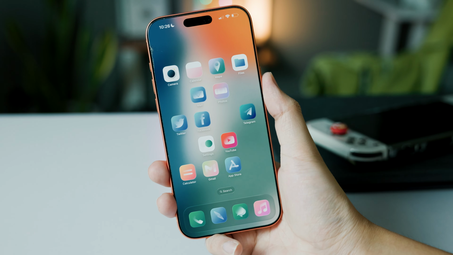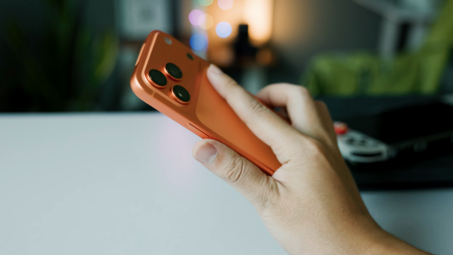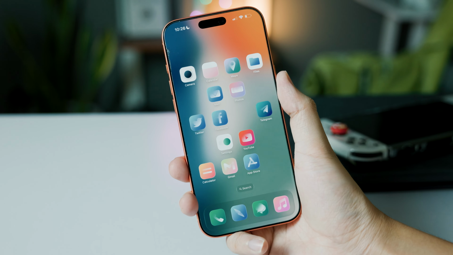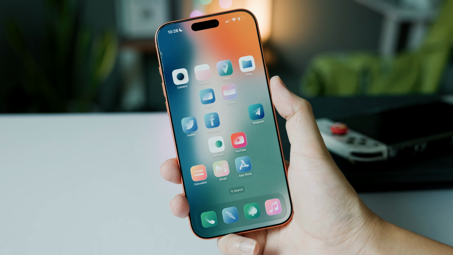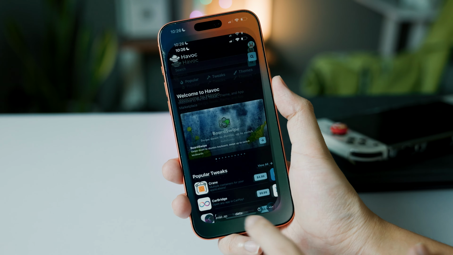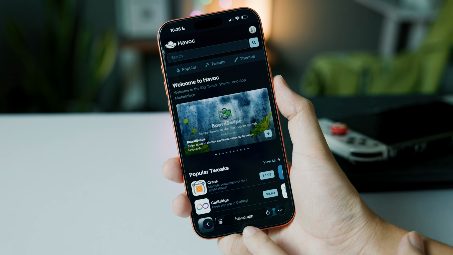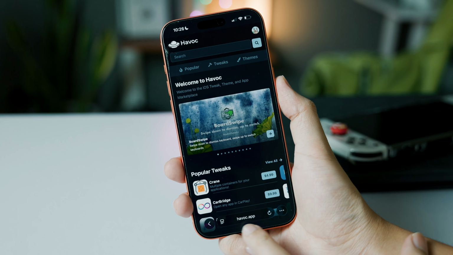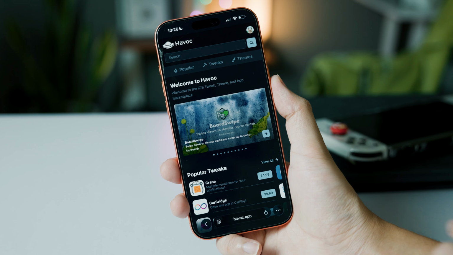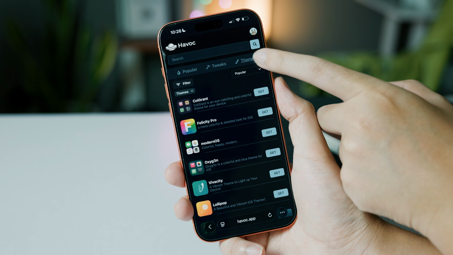Do you want to install custom icons on your iPhone? And if you own the iPhone 17 Pro Max, you should be able to do that as well. First, all you have to do is go into Safari, and then you need to go into howwatch.app. I also link this website in my video description, and then click on theme, and after that you